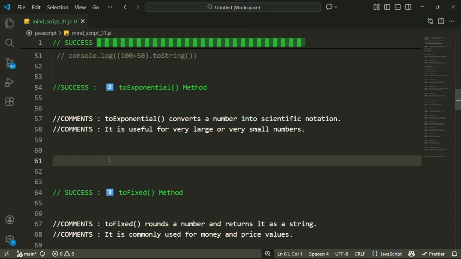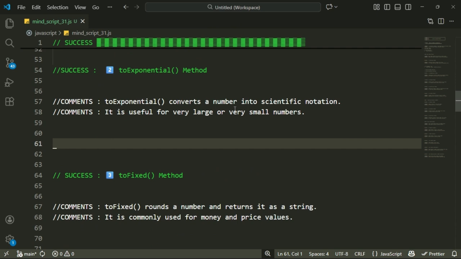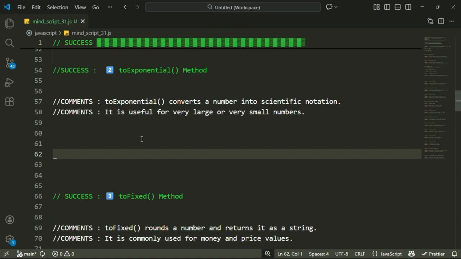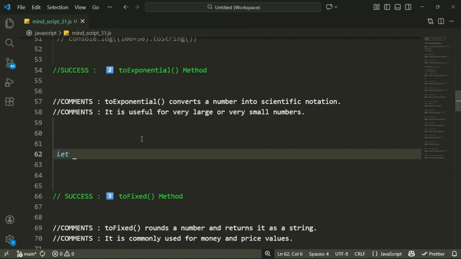So here, okay, it is an exponential method. toExponential converts a number into scientific notation. It is useful for very large or very small numbers. So let me convert here. Okay, here let value